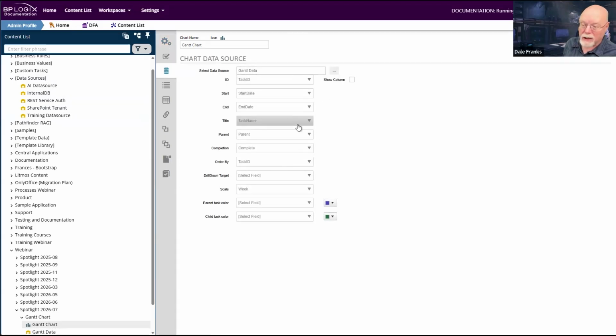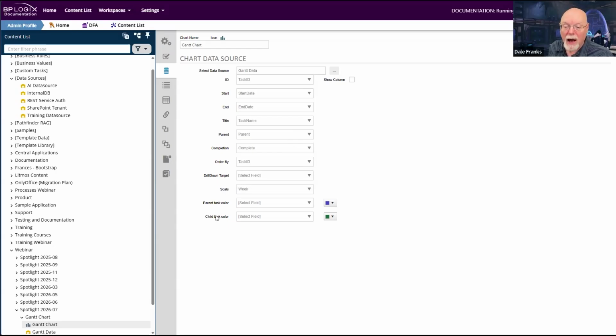But all of the data is the same here, so it operates. So basically, all I did is use my existing data source for the old Gantt chart, and I just reused it and picked the fields. All the fields are the same. The information required to make a Gantt chart work has not changed, at least down to scale.